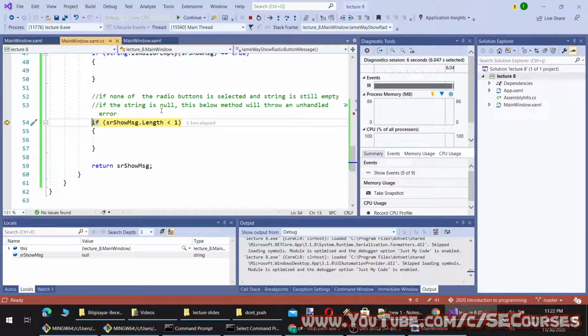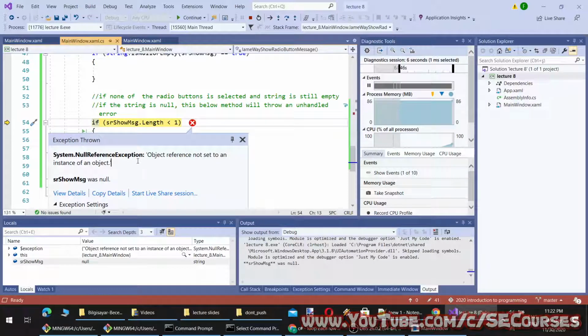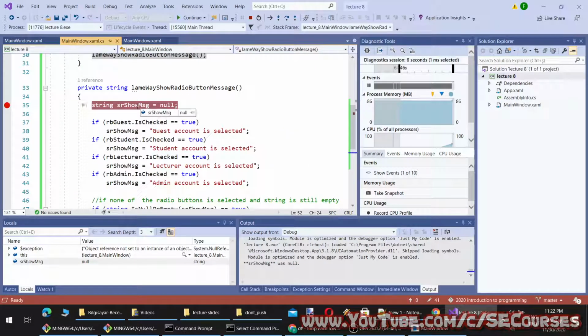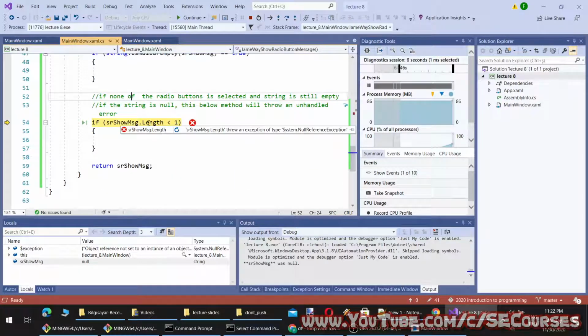And here, now it will throw me an error. It says throw an exception of type System.NullReferenceException. When I continue, object reference not set to an instance of an object. Strings are object types. However, they are immutable. Therefore, since this is null, I am not able to use the length method because it is null.